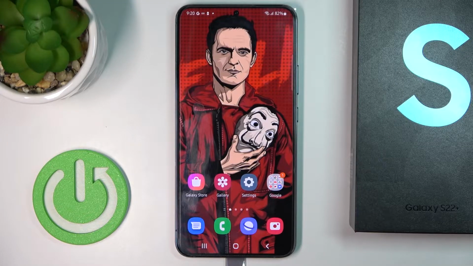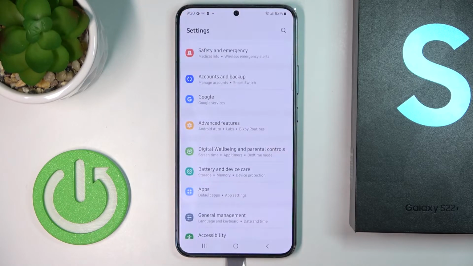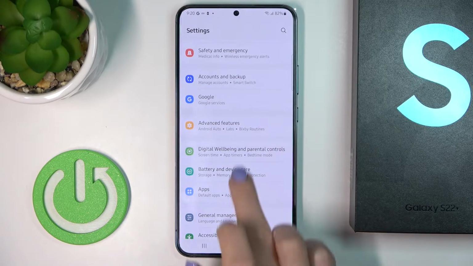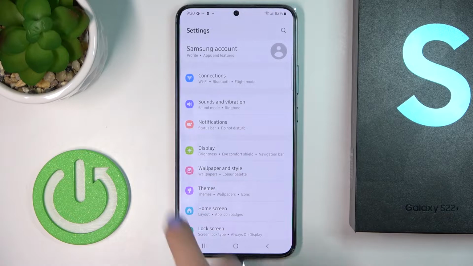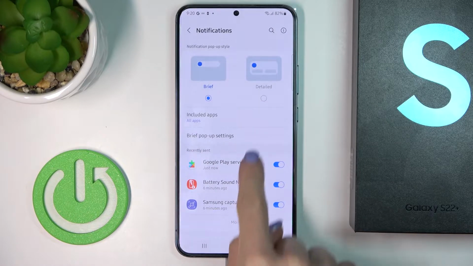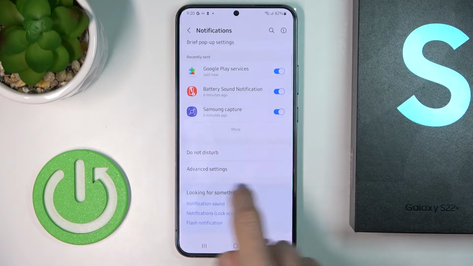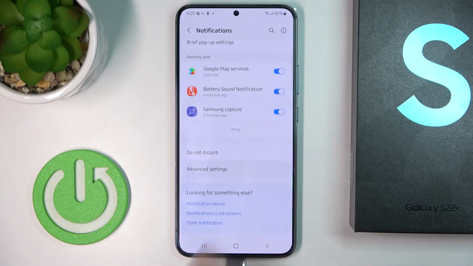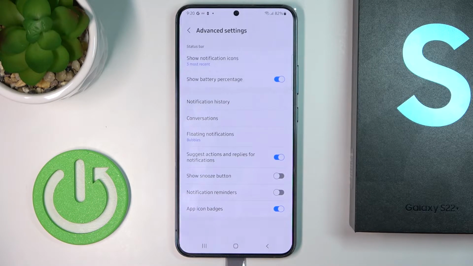In front of me is a Samsung Galaxy S22 Plus, and let me show you how to manage battery percentage and status bar. So at first, just open the settings, then find and select notifications and go to status bar. Okay, so it's under advanced settings, so click on advanced settings and then go to battery percentage under status bar